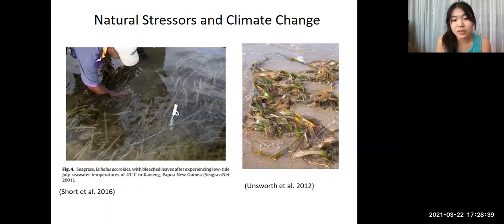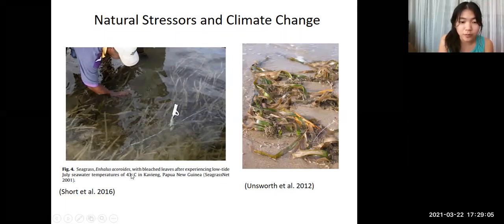So seagrasses live in a really stressful environment. They're in really shallow water that gets really hot. The UV radiation from the sun is strong. The tide can go down and they can get left out and they can desiccate and dry out. So there's a lot of causes of stress that could change the seagrass cover. Here you can see some bleached seagrass after it was in super hot temperatures of 43